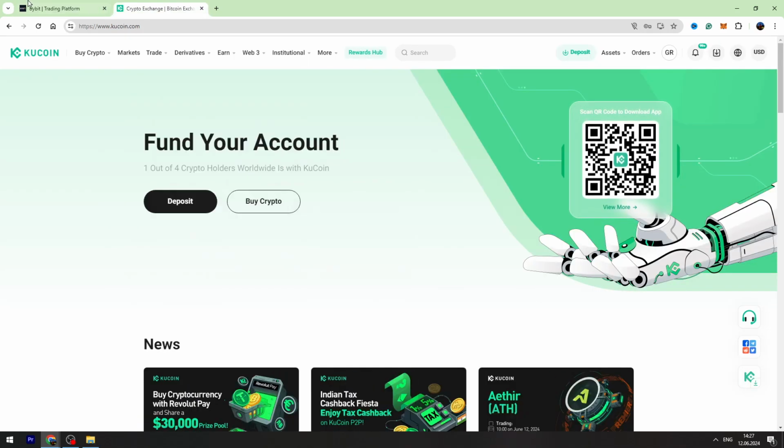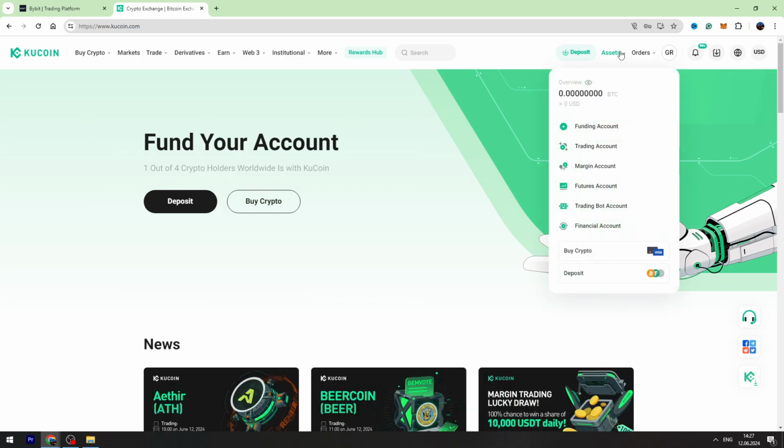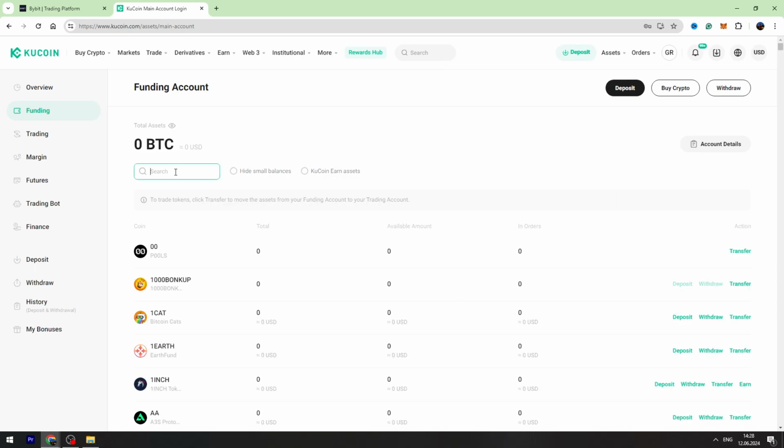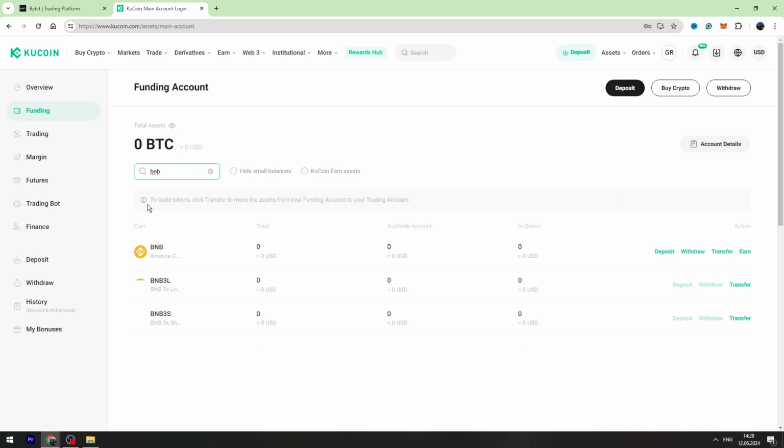Now we need to find the wallet address from Kucoin. Let's go to our Kucoin account, then go to your assets on the top right menu, go to your funding account. In the search, find BNB, and you need to choose the first one, which is BNB. Click deposit,